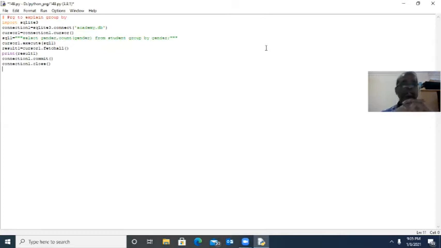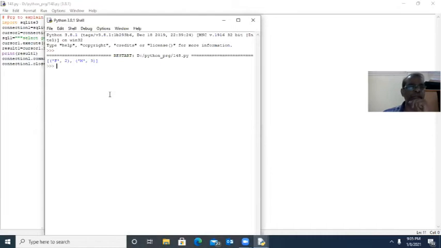This gives F and M. Count of F gives 2. Next, count of M gives 3. That's very simple. Now I save this and we will see the output. Now see, female 2, male 3. That's all. That is what we needed.